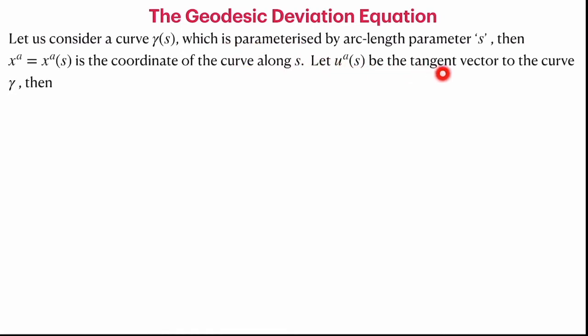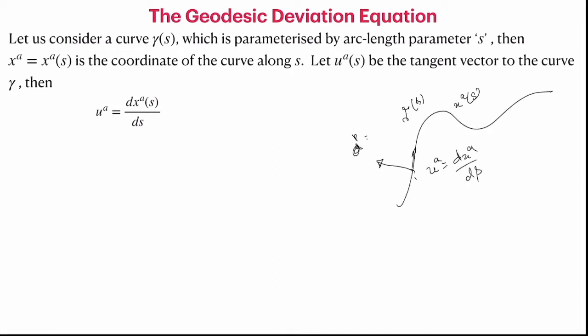And we can define the tangent vector, which we call the velocity, which is given as U^a equal to dx^a/ds. This is a standard velocity. If we use the arc length parameter, this would be a constant. So this is a curve which is parameterized by s, which we call gamma of s. And then we can find out the 4-velocity or the tangent vector to this, and we can also find the acceleration, which will always be orthogonal to the 4-velocity, by taking the second derivative.